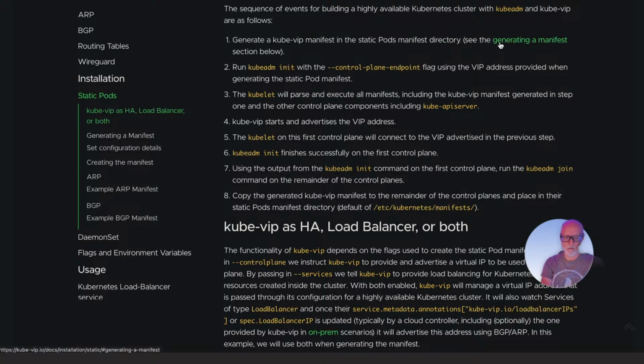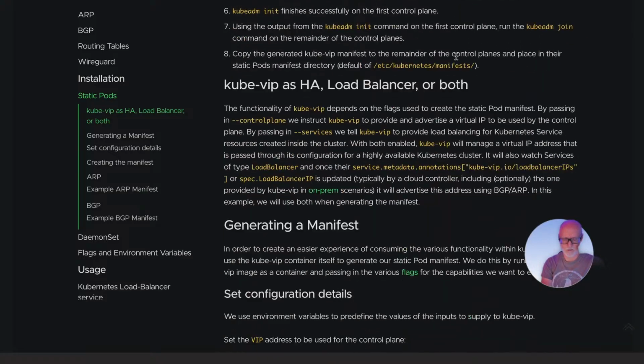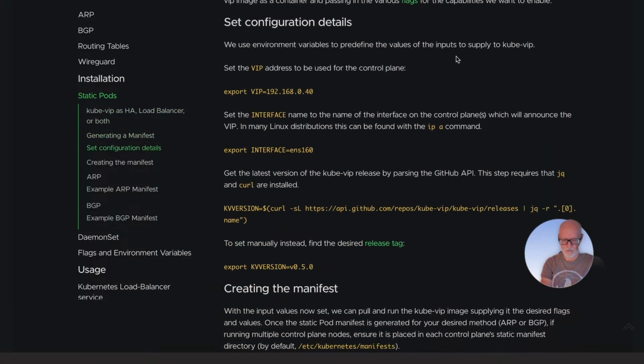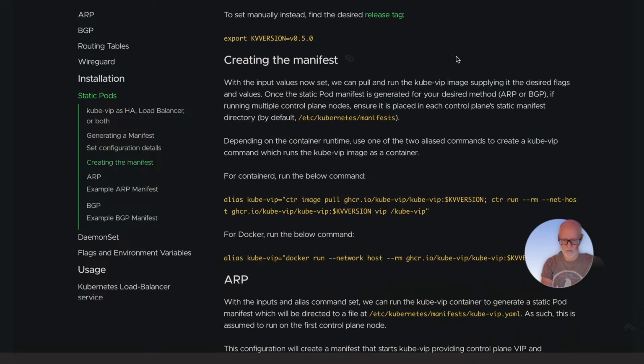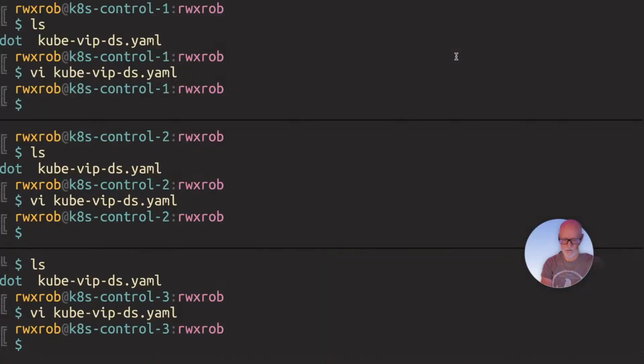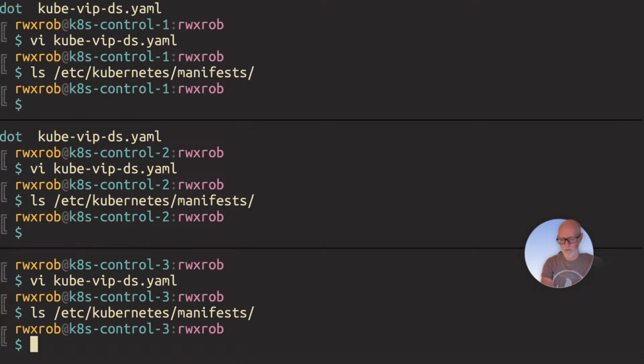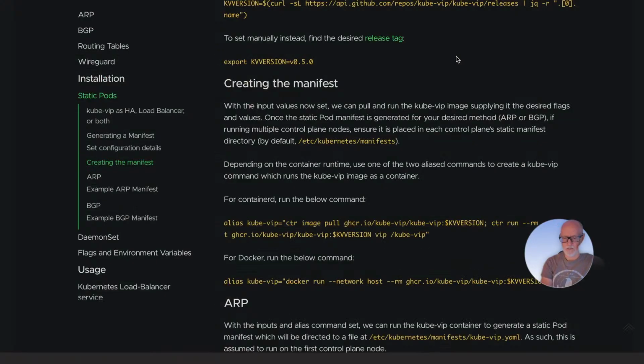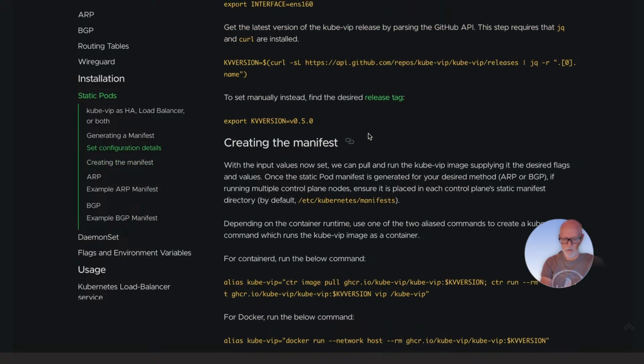Okay, so we need to generate the Kubernetes directory. And let's go ahead and do that right now. Creating the manifest, /etc/kubernetes/manifests. I don't think we have that yet. /etc/kubernetes. Oh, we do. Okay. All right, so there's nothing in there. Good times. Container runtimes. So this is where we're going to write it. Oh my God, it's loud. By default, /etc/kubernetes/manifests. Okay, so